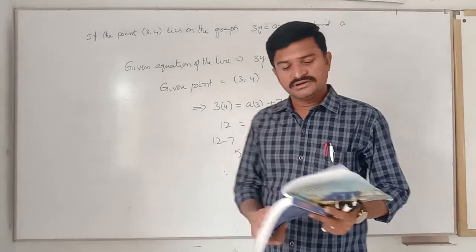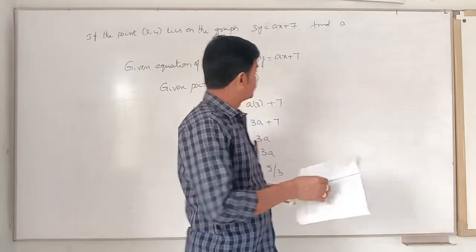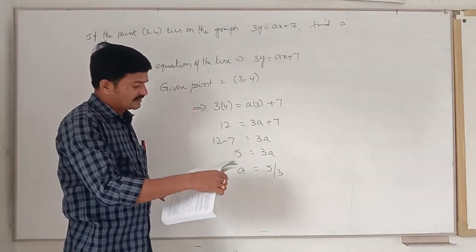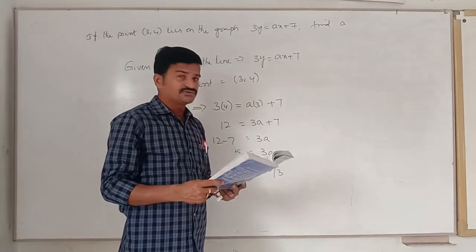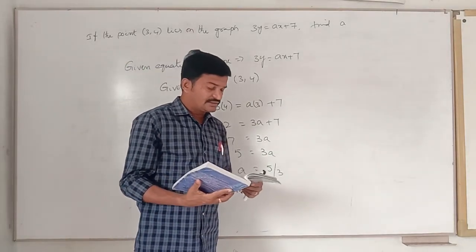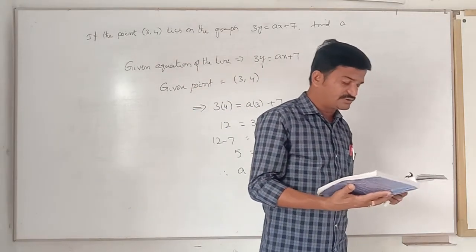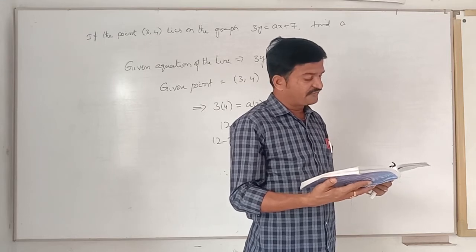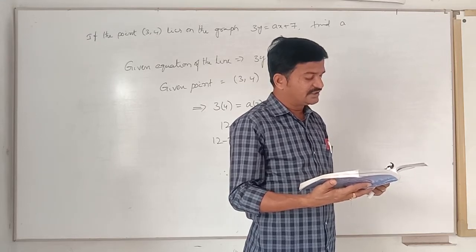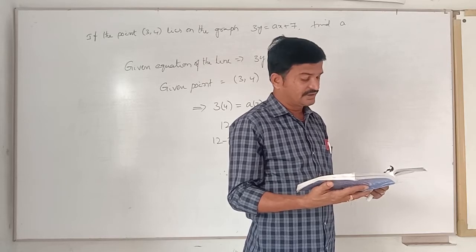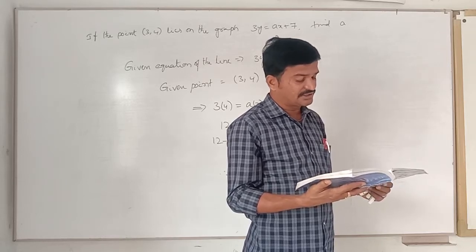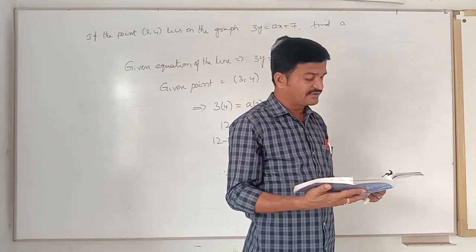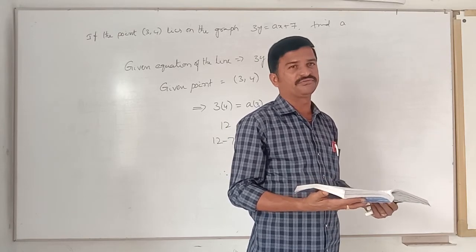Okay, children. Now, this is also a question from exercise 4.3 only. In the same way, the fourth question, see here I am reading. The taxi fare in a city is as follows. For the first kilometer, the fare is rupees 8, and for the next subsequent distance it is 5 rupees per kilometer. Taking the distance covered as x kilometers and the total fare as y rupees, write a linear equation for this information and draw a graph.